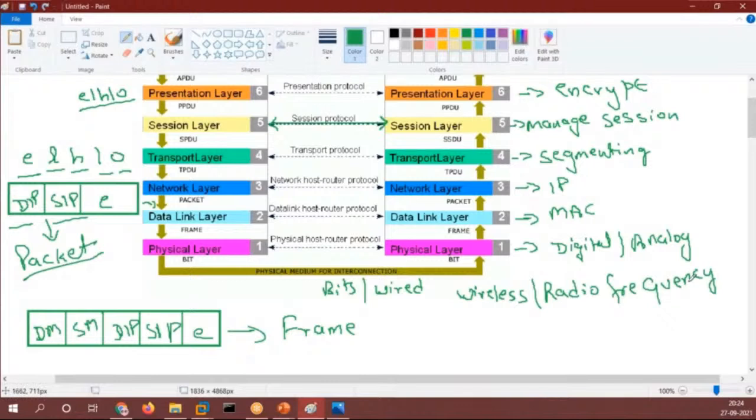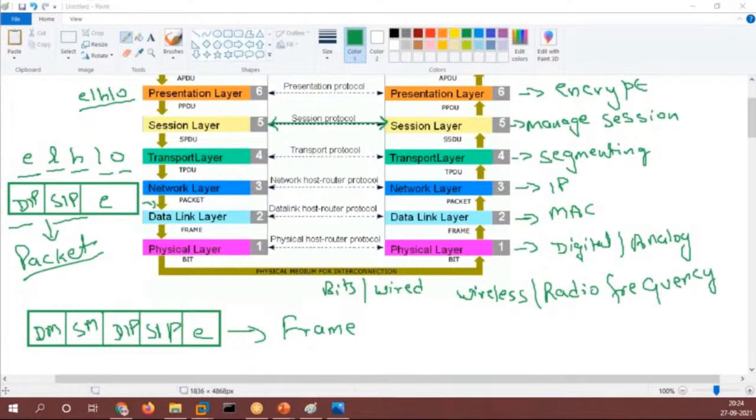So the data will be shared in the form of radio frequency, right? Clear, everyone? Right? Okay. Now this is the thing that happens.